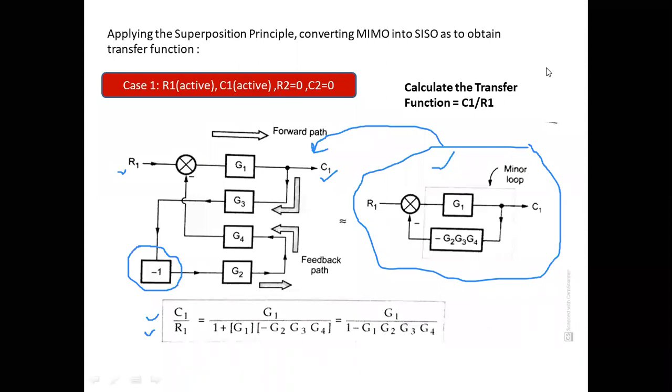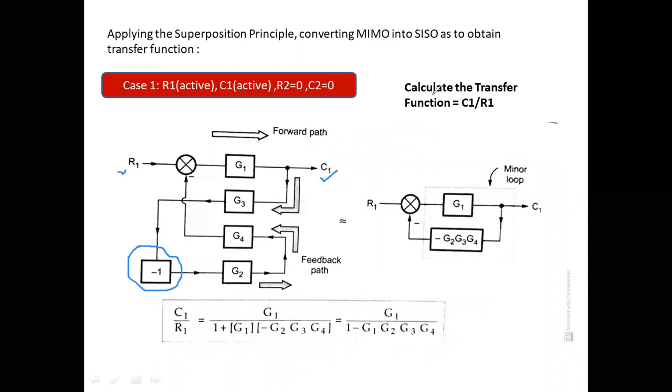Just take a close look by your own. Once you have taken a close look by your own, you can easily understand how this circuit can be framed. Take a close look at how this minor loop is formed. Then I will proceed to what actually C1 by R1 is all about. So let's take a close look and then we will further move ahead. So now coming to this particular slide, let's see how this minor loop is formed.